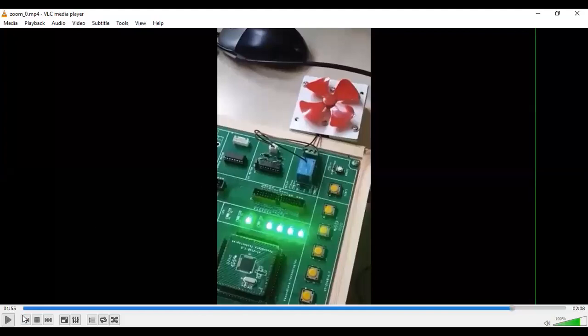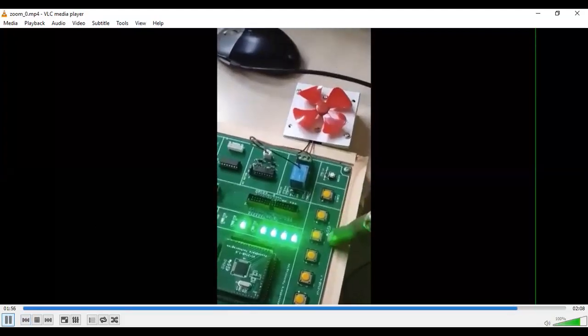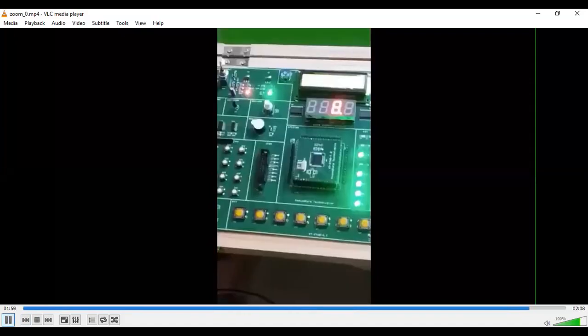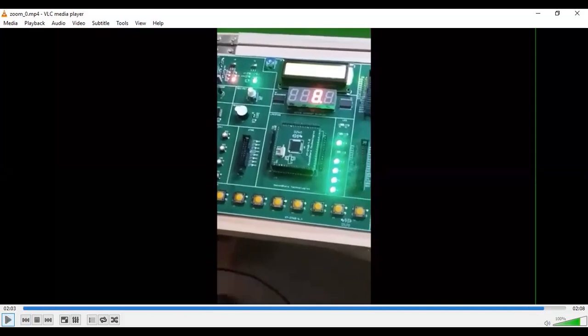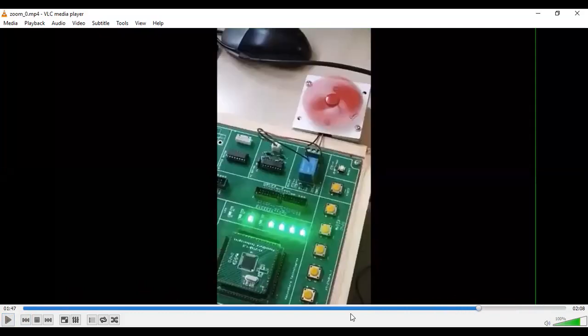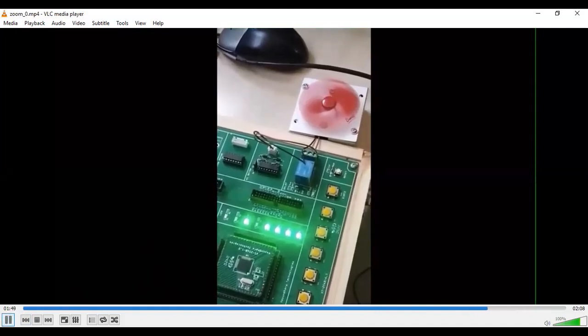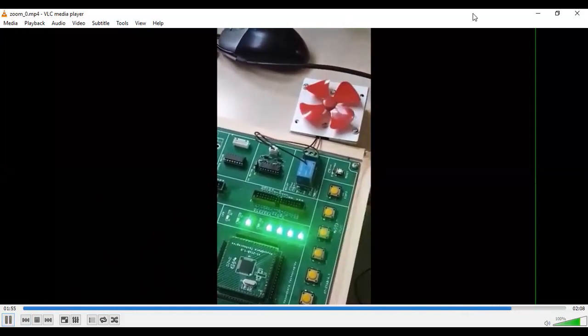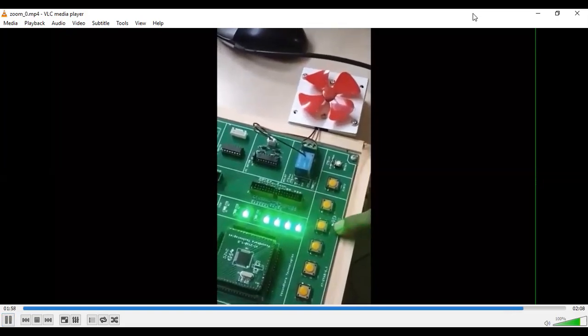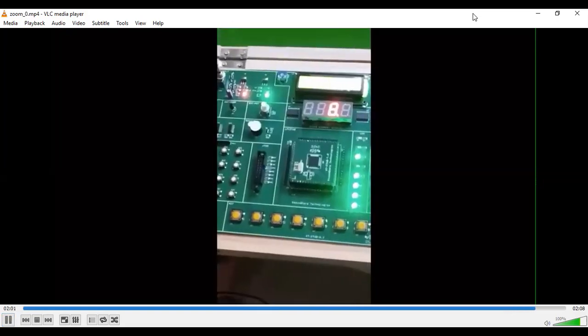So that is how the rotation of a DC motor will happen. You can rotate it depending upon the switch you connect. First you select the exa file. After selecting the exa file in FlashMagic, we are supposed to execute it using FlashMagic. As soon as we execute, using the switch buttons we can select whichever direction we want. Finally we can see the output, the way in which the DC motor is rotating. It can rotate in clockwise as well as anti-clockwise, whichever direction it wants. So that is how the DC motor execution is possible, and we can check it out in the lab. Thank you.